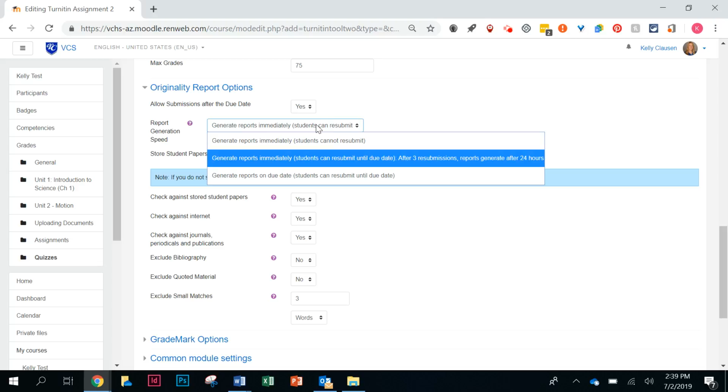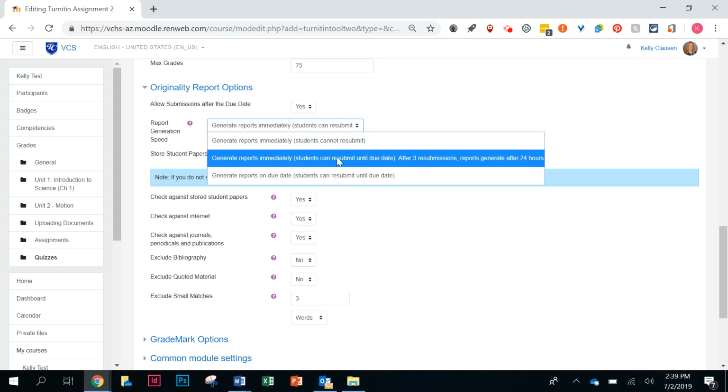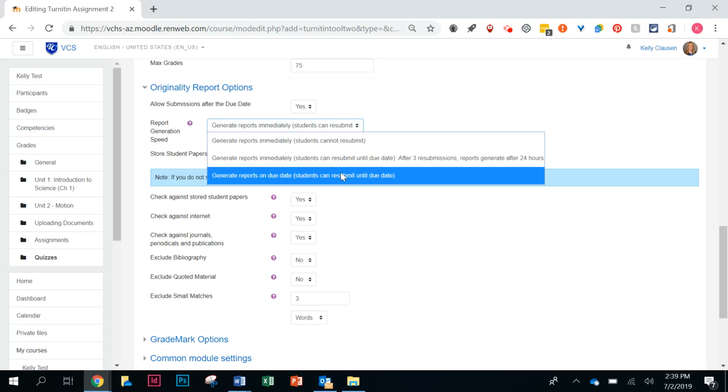Next thing, this is your decision what you want, but this is when it will generate the report. I would choose one of the top 2, in that students can see their report immediately and teachers can see it immediately. If you don't have it until the due date, then there's no way to kind of recover if a paper was turned in that had a high percentage of